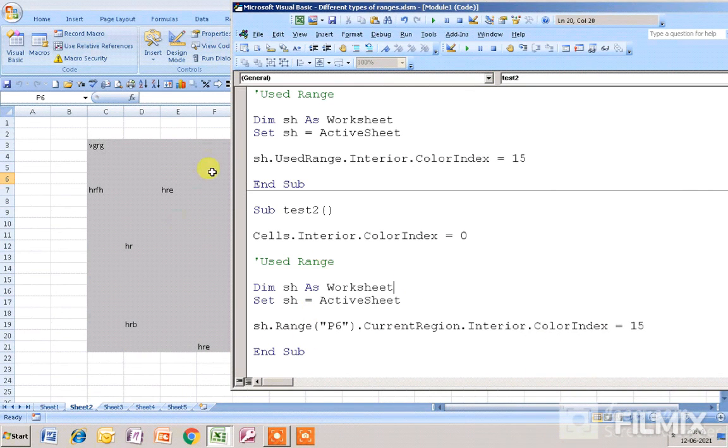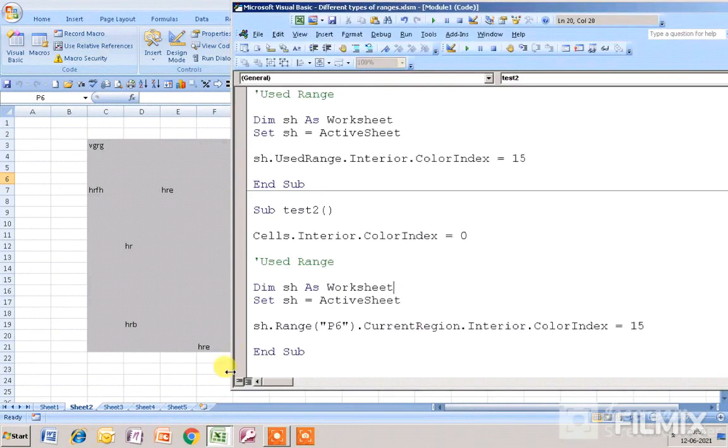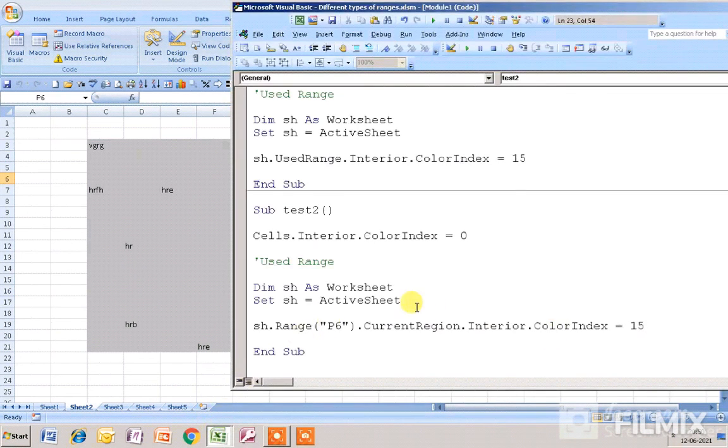Okay, and you can see in P6, this is P6, it is not changed yet, but if I run the macro, then you will see the effect in this particular cell only, that is P6. Okay, so I run the macro, and if you want to change the comment, you can also change it, that is current region.